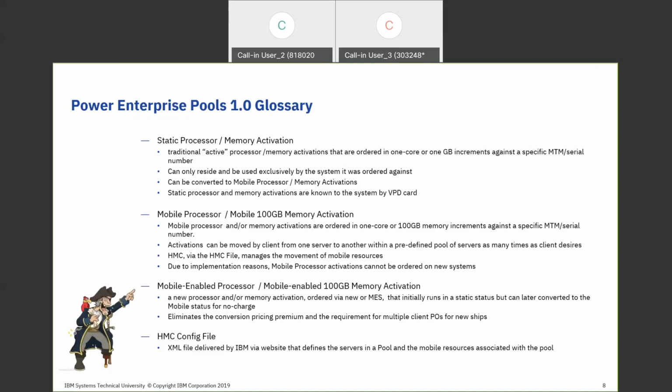So here's a pirate, and the pirate turns up because mobile-enabled is a term that isn't maybe entirely intuitive to everyone that sees it, but as I say, what it delivers are the static versions for the same price as the mobile ones, and they're very useful actually. They have a place. They're used when you haven't got the contracts ready, but you want to be able to sign a deal and get everything for the correct price, because of course you, our customers, would quite normally want to have one particular purchase order put through for the price that you're actually going to pay overall, and so it makes perfect sense to want to have one deal to give you the pool at the end of the day,